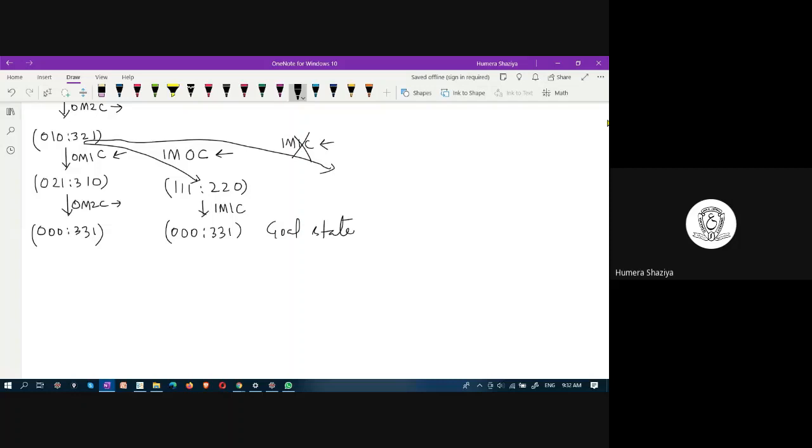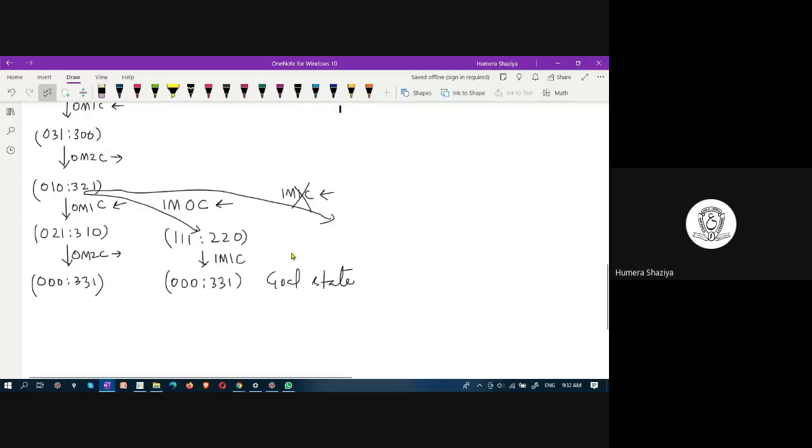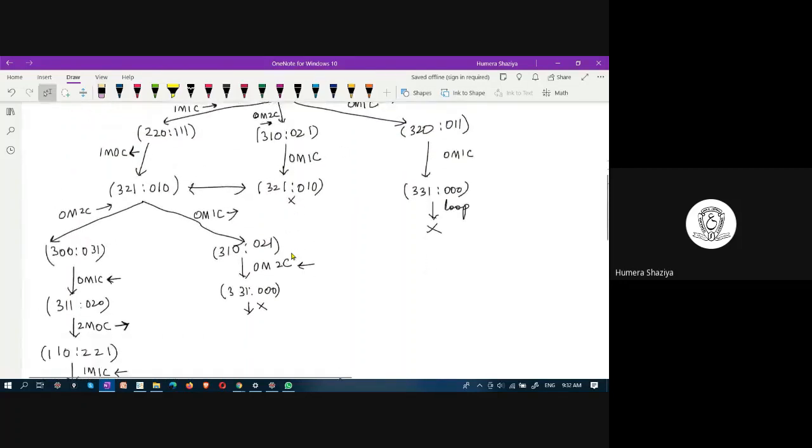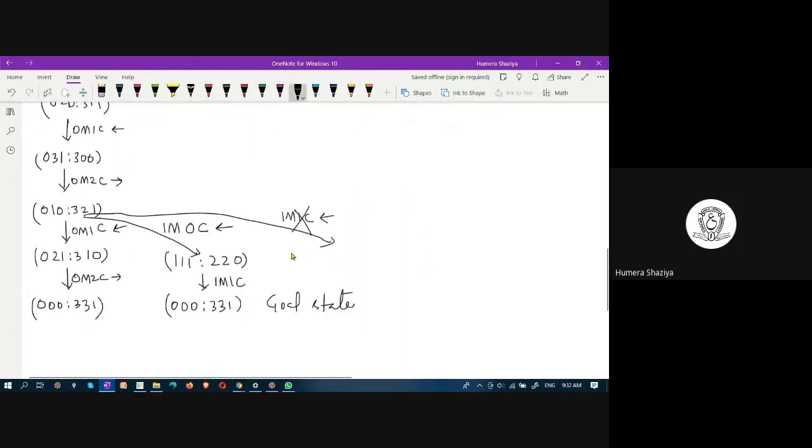By the repeated application of operators, we could come up with the goal state, and also there are several paths to the goal state. It's not like there is only one fixed solution. As you can see from here, there are two paths and there are two states, and both are reaching the goal state. Anyone you can choose based on some criteria. Do you understand? This is known as search space.